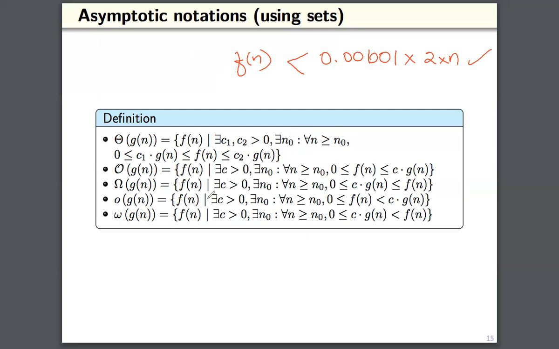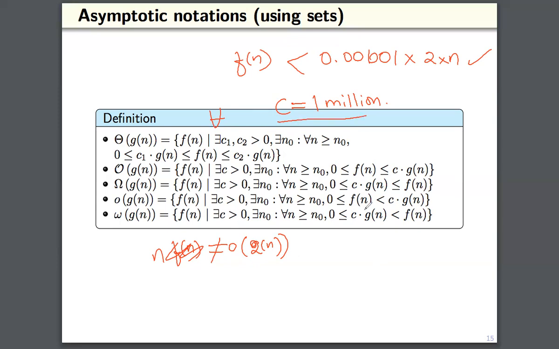But if you replace it with "for all," this statement will be wrong then. That statement will be incorrect. f of n is not O of 2n. Say f of n is equal to n. n is not O of 2n, because when C is chosen as 1 million,